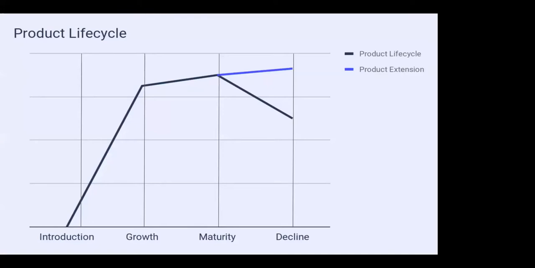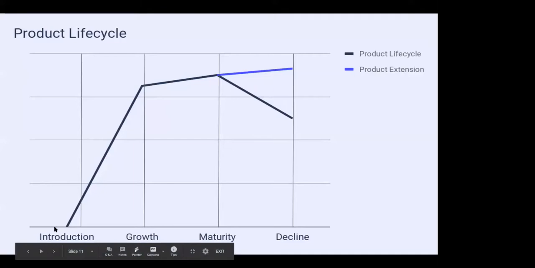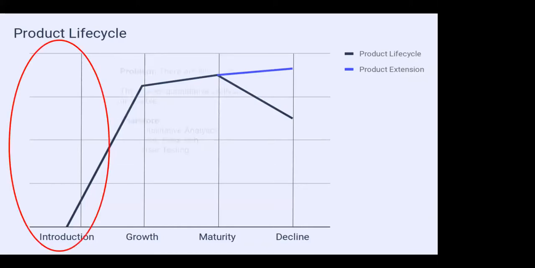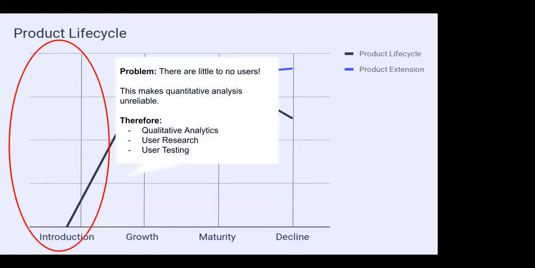Here's a product lifecycle, and I think all of you know it. So it starts, okay, the product gets introduced to the market, then it grows, then it matures, and then in the classical model, it declines. But nowadays, in the economy where products are continuously being developed, there's actually the option for product extension. And depending on which stage in the life cycle your product is in, you will have to choose different analytics methods. So an example I want to give you, where I spoke with one of our customers,